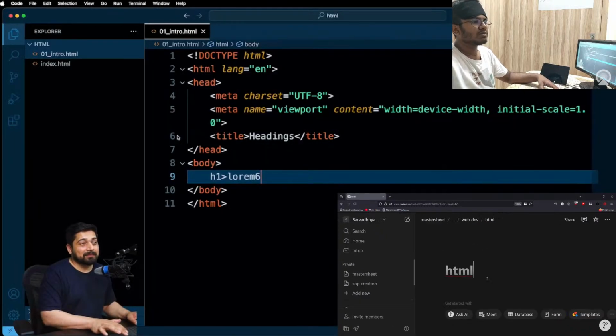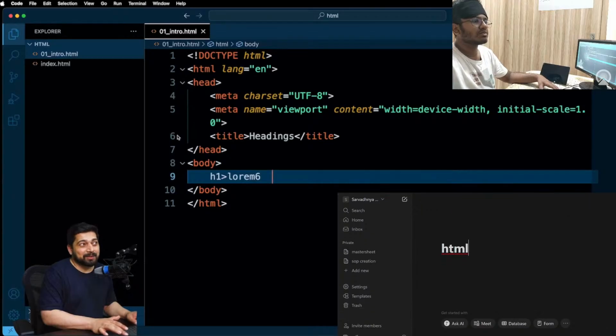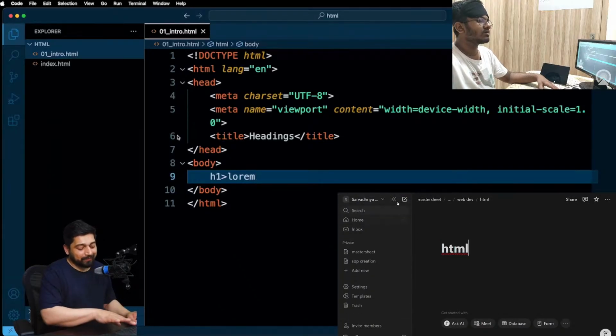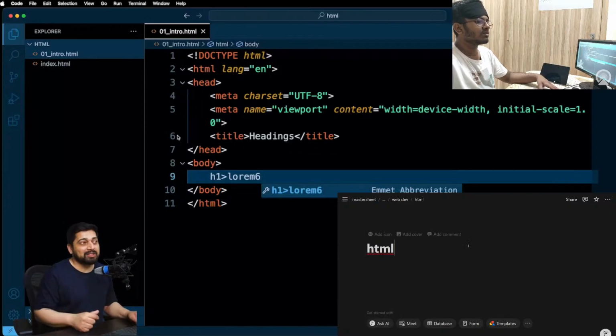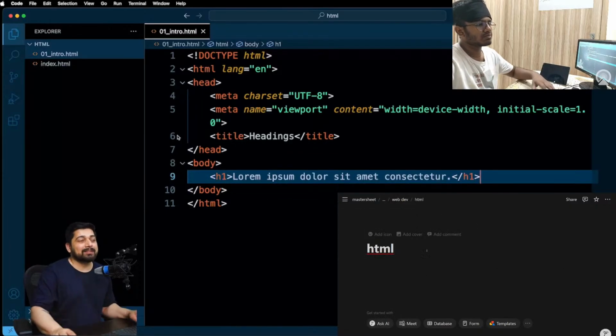And if you have cleared a space or anything, now it's not going to work with the tab. It needs to be all in one flow. So once you hit the 6 here and you see some suggestions which says Emmet abbreviation, go ahead and hit the tab and this will be nice. So in this